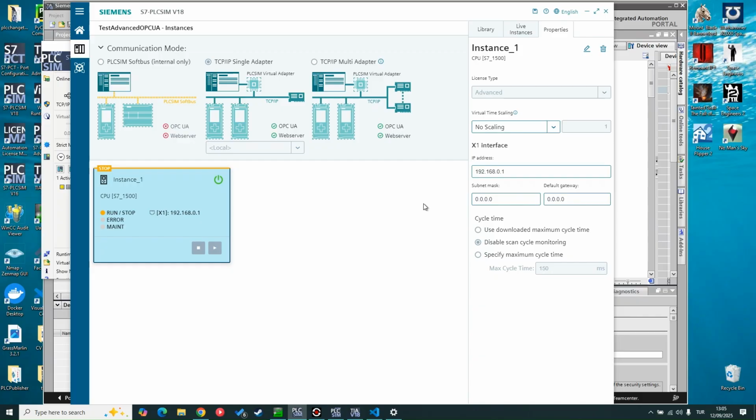Okay, it opened, but as you remember, we also put the subnet mask on Siemens Virtual Ethernet. You don't have to do this, but it ensures a stable, smooth connection. That's all. You opened your PLC, which is advanced licensed,